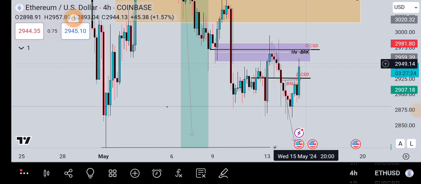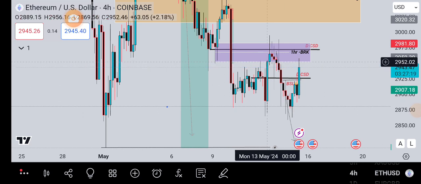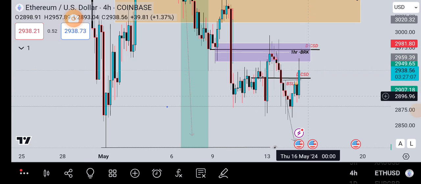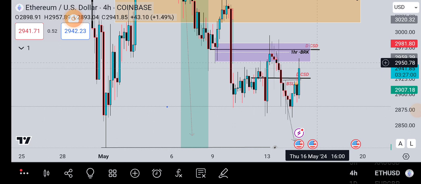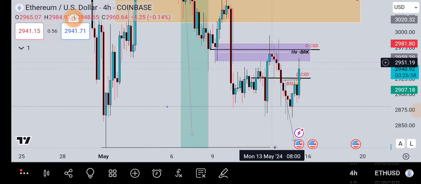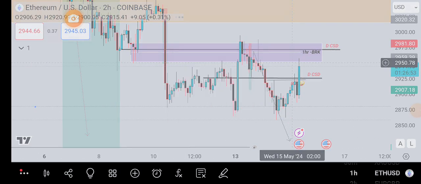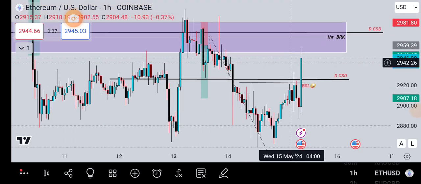So what has happened also, the market has already tapped into the low of this 4 hour order block, this last up close candle. You can see it has already tapped there, and I wanted to see whether we can have that price action that will show us we are expecting lower prices. So from these, we can drop onto the 15 minutes time frame and probably check on what we can expect.